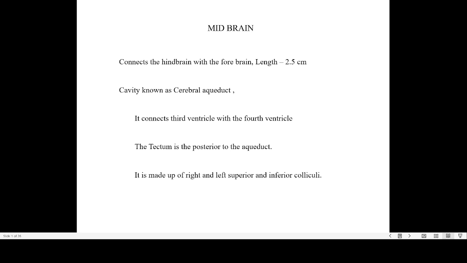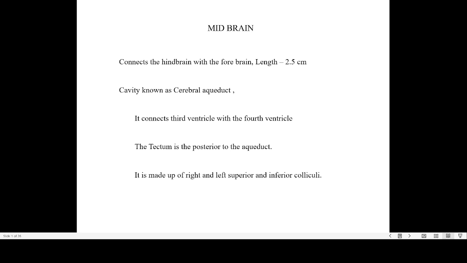What is it? It is a connecting part. It connects the forebrain to the hindbrain. Usually it is the portion in between the fore and hindbrain. The approximate length is about 2.5 centimeters,